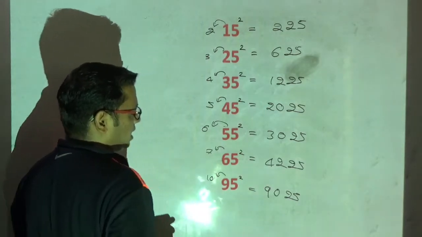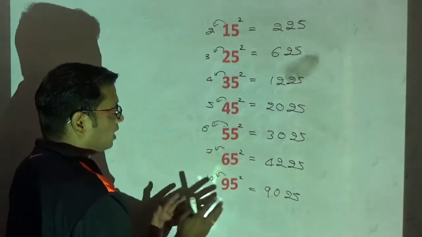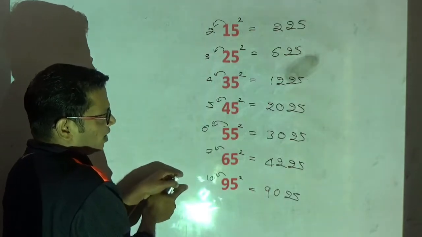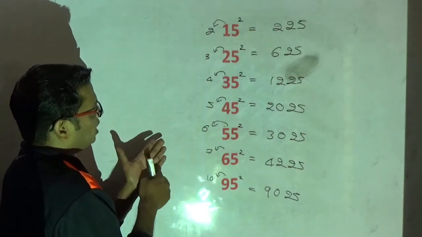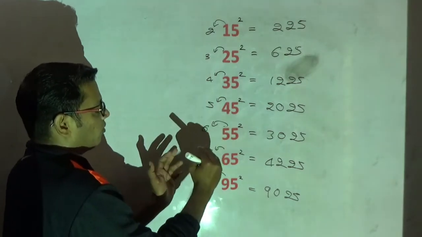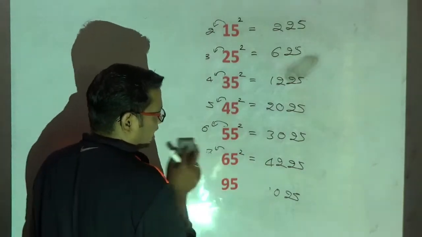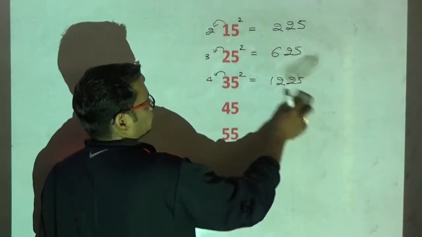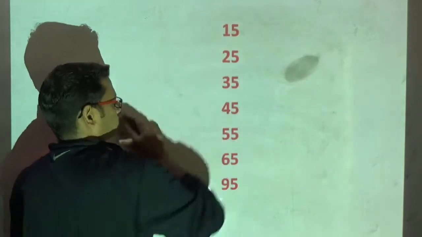See how quickly and accurately I am doing squaring of a number ending with 5. This technique is applicable only for numbers ending with 5. Previously I showed you how to do squaring of a number ending with 1, 2, 3, 4. Up to 4 one technique, for 5 a different technique. Now for 6 and above one more technique is there. Please observe now. Hence I told you not to skip the videos. Hope you have understood how to do squaring of a number ending with 5.